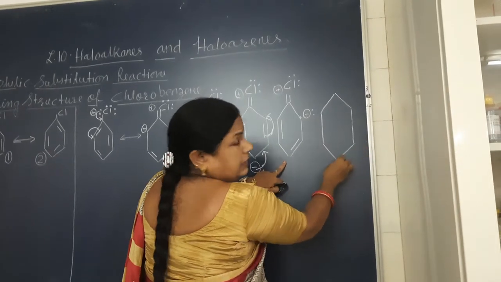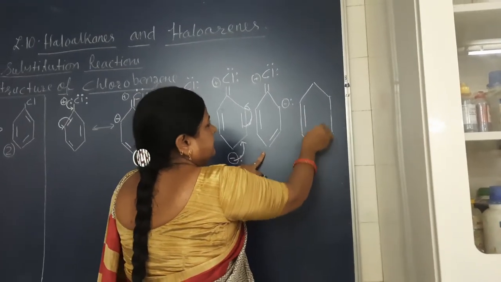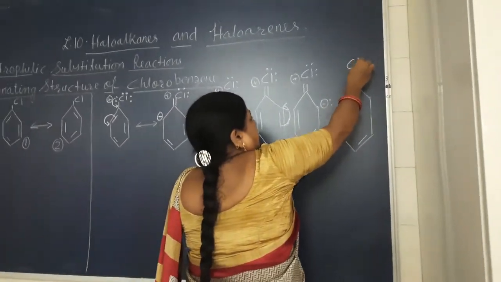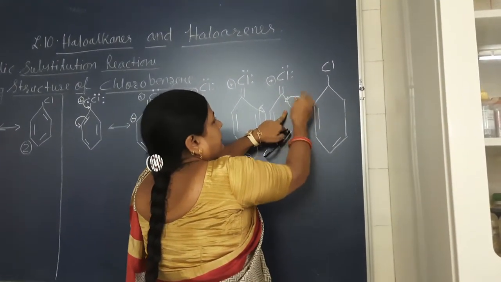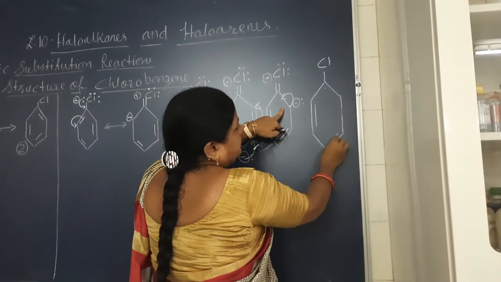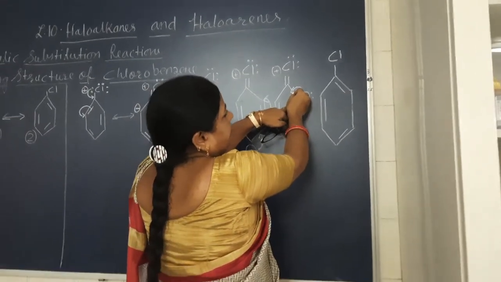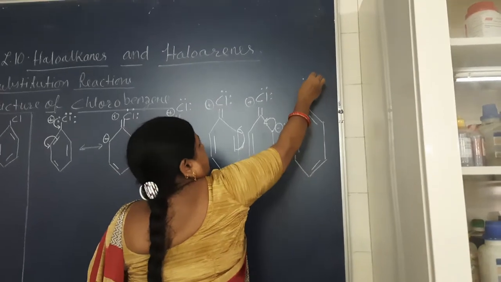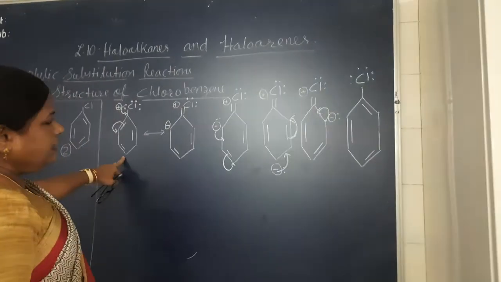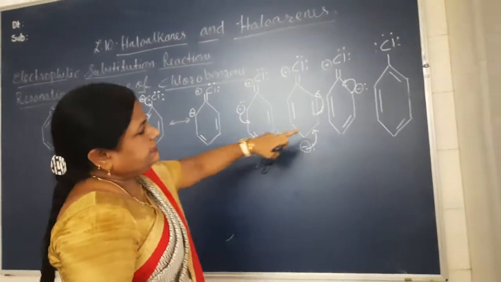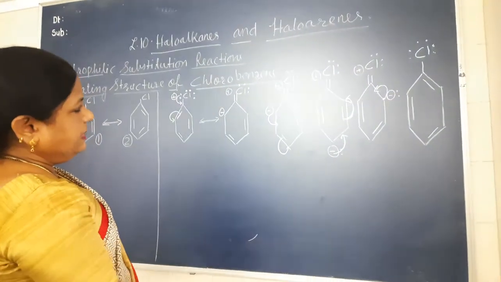is it visible to you all? The next step will be, you see, this bond is as such, this bond is as such, chlorine is there, but what will happen? This will form a double bond here, these electrons will move here. Okay. So one double bond, second double bond and third double bond will be formed here because a pair of electrons has moved here. So obviously all these 1, 2, 3, 4, 5, 6. Can you find, children? This is figure number 1. Alternate double bonds' position is changed. Okay? So this is the resonating structure of chlorobenzene.